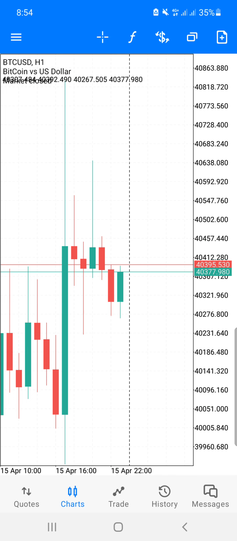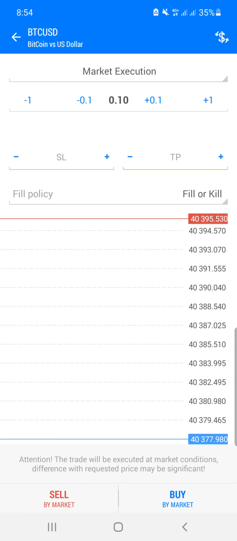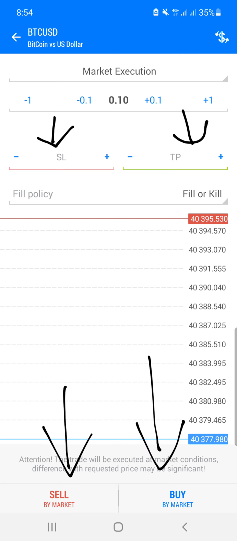Okay, this is Bitcoin now. Let's say I want to open a market order on instant execution. Let's say I put the value for my stop loss and take profit. Instant execution means I enter either buy or sell immediately. But if I want to make use of those pending orders I mentioned, if you click on this button here,